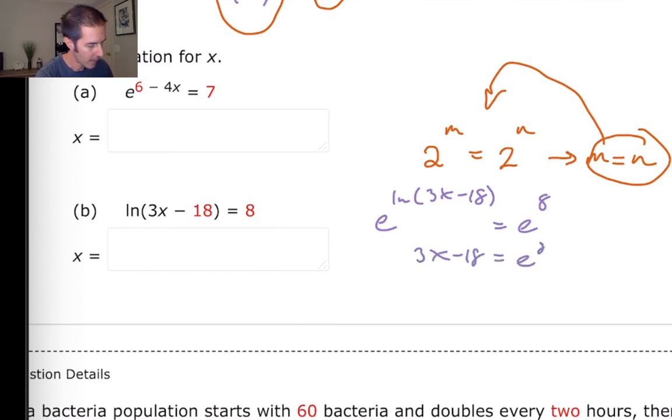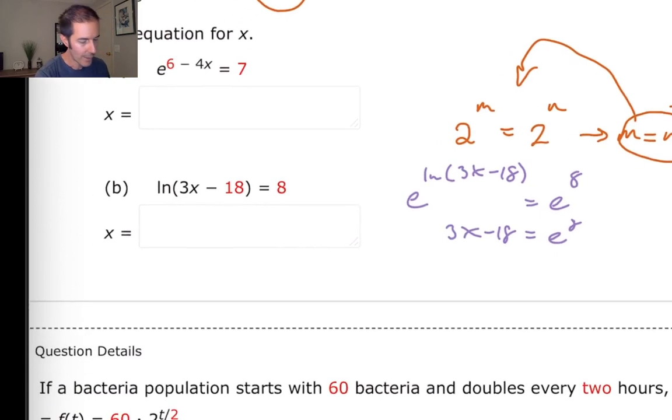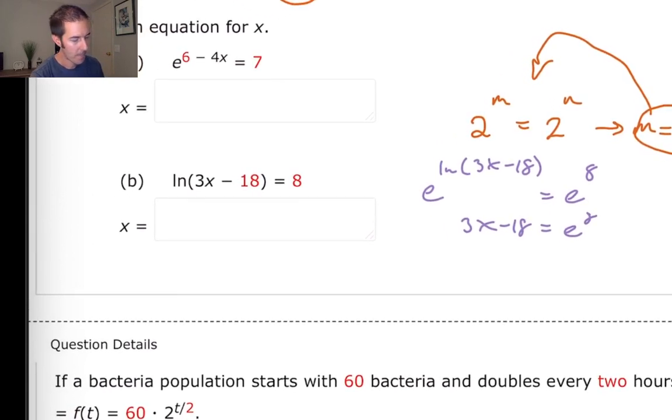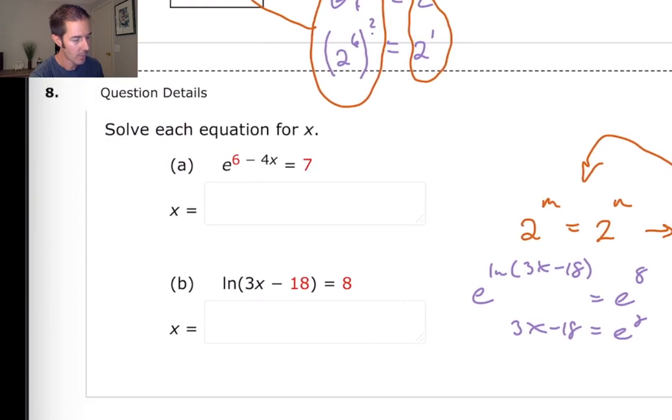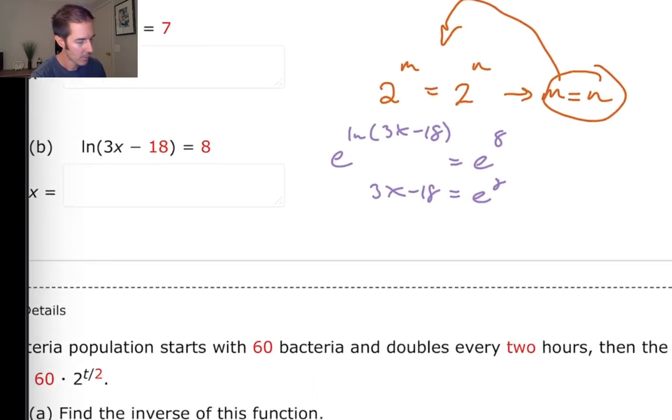You've got e to the 8th power, which is a non-terminating, non-repeating decimal, like pi. You need to add 18 to both sides, divide both sides by 3, and get yourself a final answer for x. When you write your final answer, I would say leave it just like that. I wouldn't do any rounding. I don't see any instructions here that say round, so if you're supposed to give an exact answer, let's take it all the way. If we add 18 to both sides,